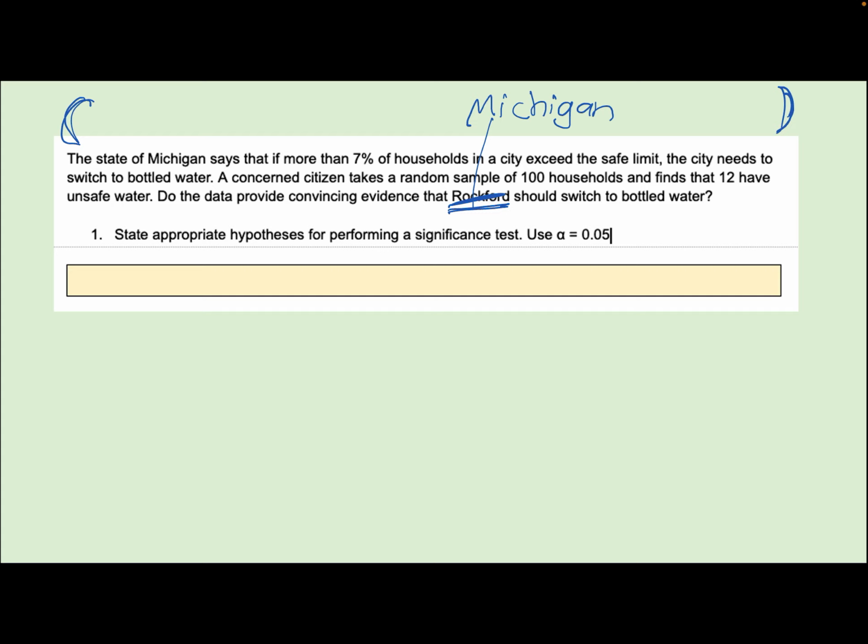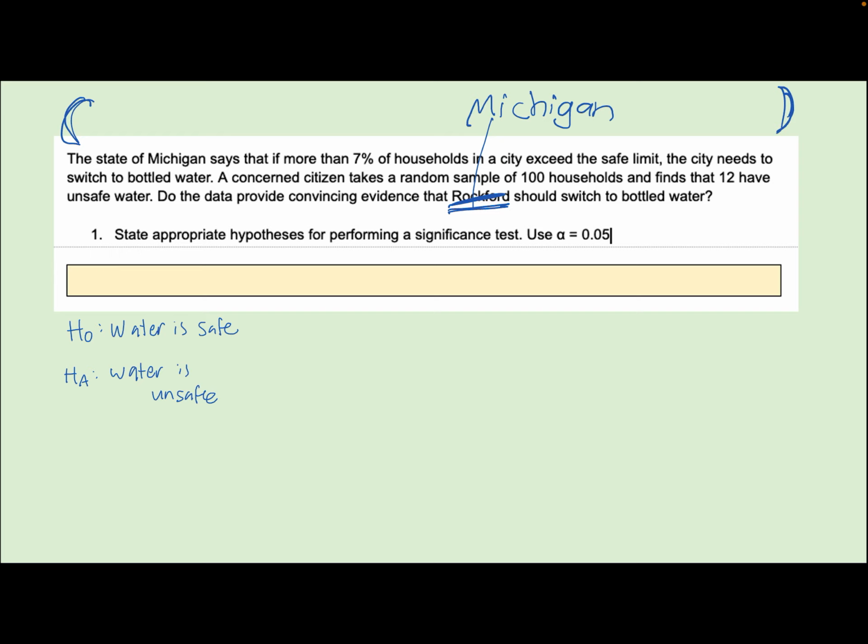All right, question 1. So our hypotheses here, first of all, I just like to sometimes even figure out what they are. Our null hypothesis would be that the water is safe. Our alternative hypothesis would be that our water is unsafe. You don't have to write this part out, but sometimes if you get stuck on articulating what the hypotheses are, it's helpful to take a step back and think about them in terms of the problem.